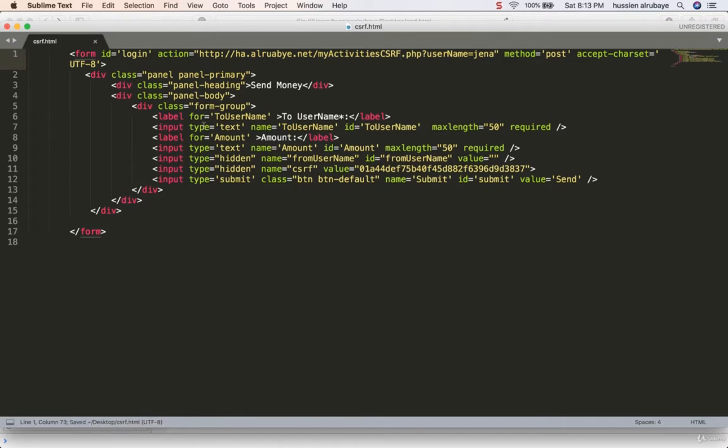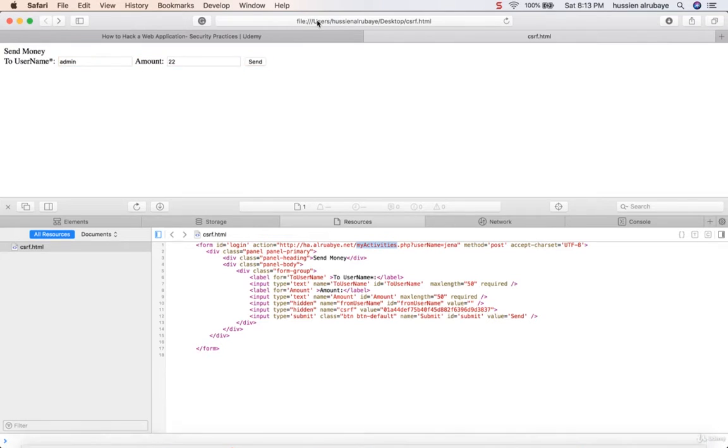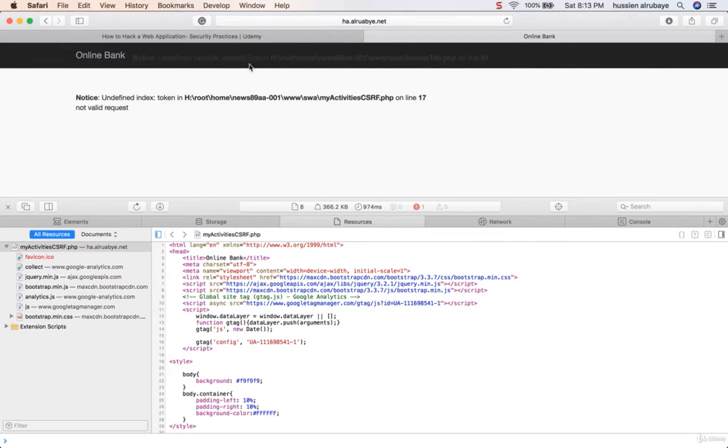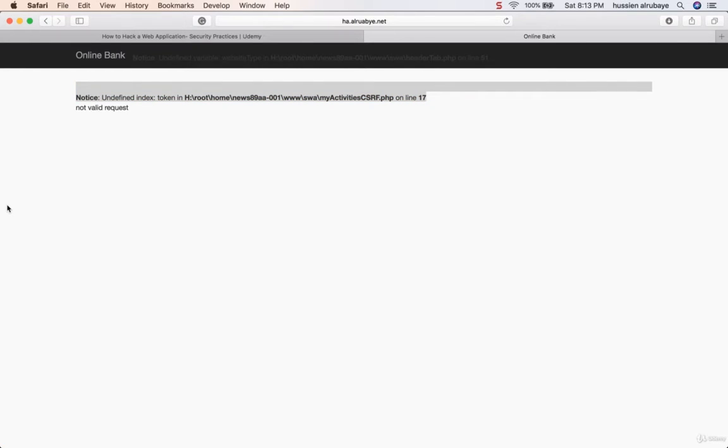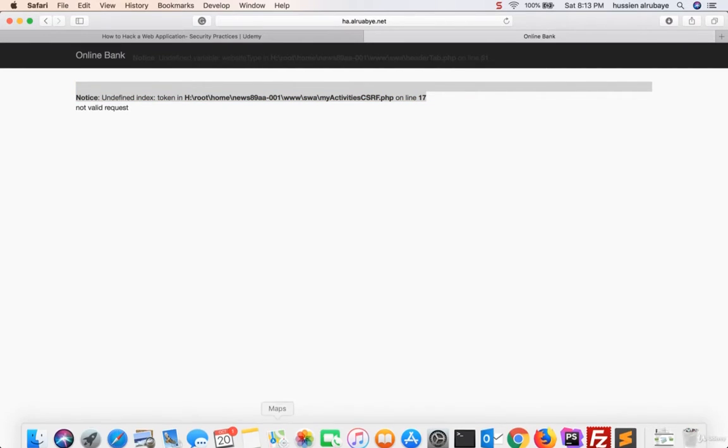Well, I didn't click save. I should click save to do it. So now I could do it again. I would suppose this time it will work. I'm sending to admin $23. I click send. It should reject it. He says, hey, unexpected, not valid request. You did not send me a valid request. I reject your request. So the idea behind the CSRF token, if someone wants to attack your form, make sure,